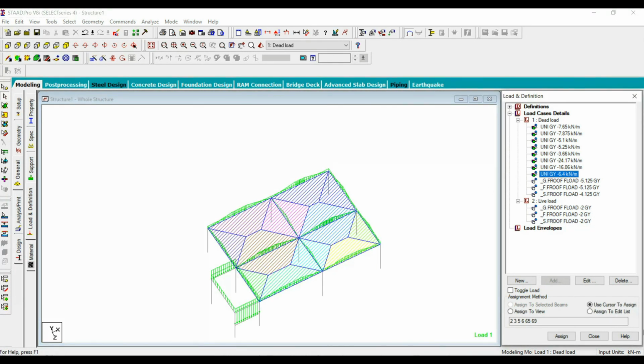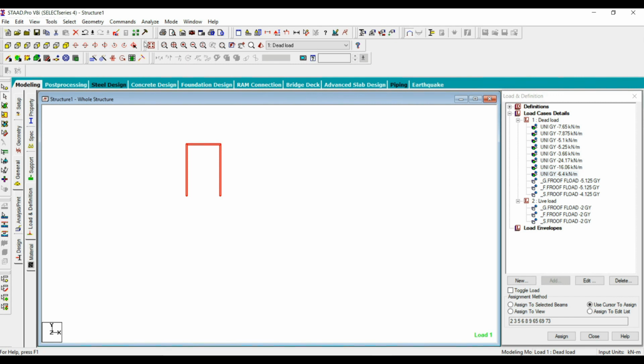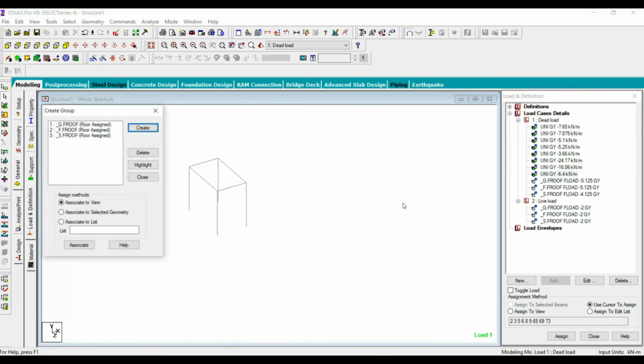Here also the cantilever slab load will come, so we need to assign it in this beam as well as in this beam. Next let's select this headroom and then create one group for this. Control G, create, headroom.